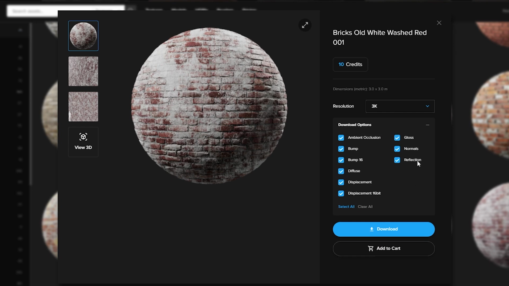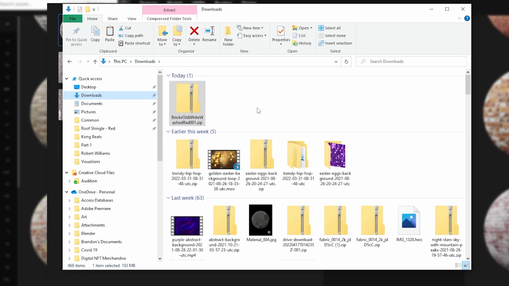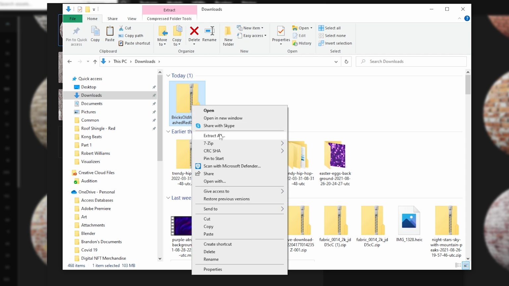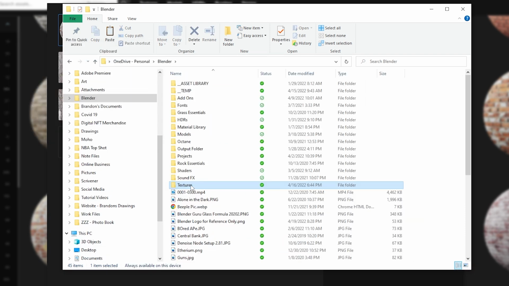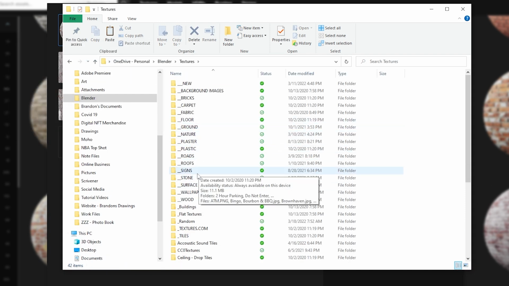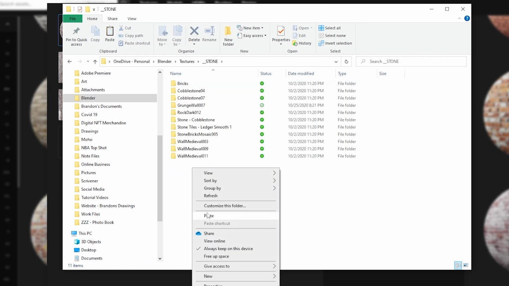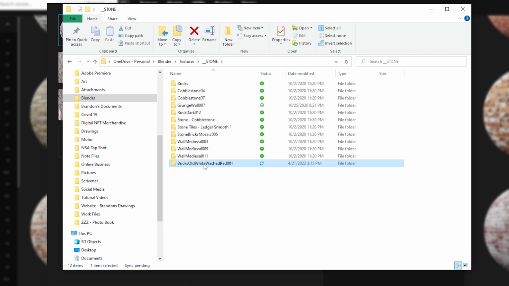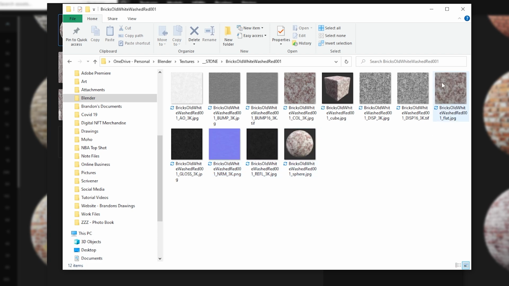These are all the different maps the texture comes with. I know I won't use them all. In fact, the 2 bump maps and 2 displacement maps are just different size options you can use with this material. But they don't cost anything extra, so I'll just download them all. They'll all download into a zip file, which of course you can unzip on your computer. It's generally a good idea to store all of your PBR textures in an organized file system. You can change the names of the folders, but don't rename the actual images themselves. They're named the way they are so that they can be recognized by certain add-ons, which we will see later.